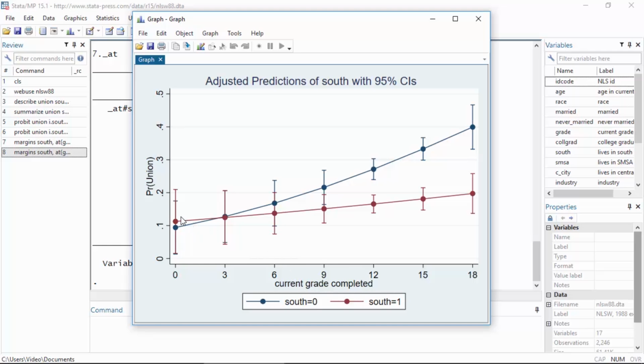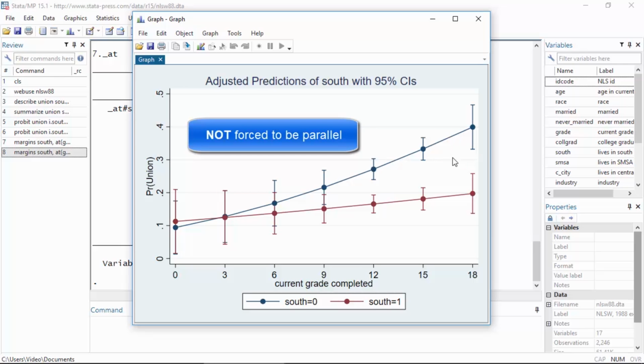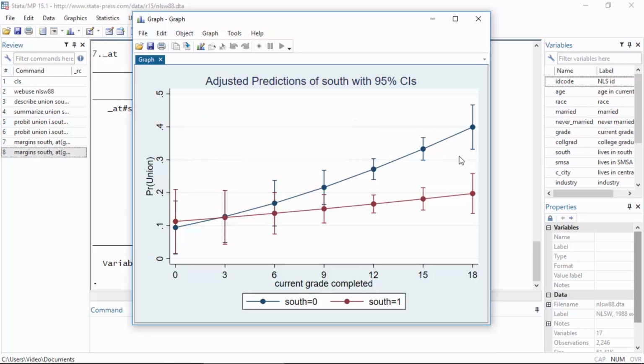We can see here that for people who live in the south, the predicted probability is increasing a little bit as the current grade completed is larger. The blue line shows us that for people who do not live in the south, their predicted probability of union membership increases quite a bit, or more anyway, as the current grade completed increases. That's one of the nice things about including an interaction term: these lines aren't forced to be parallel. We can see the predicted probability changing for the two groups over current grade completed. So that's how we can calculate or fit a Probit regression model, including both a categorical and a continuous